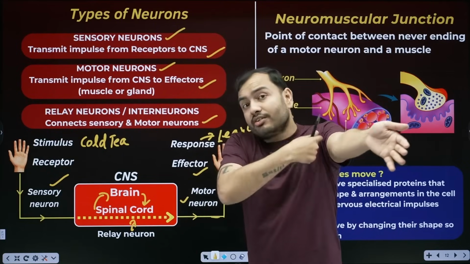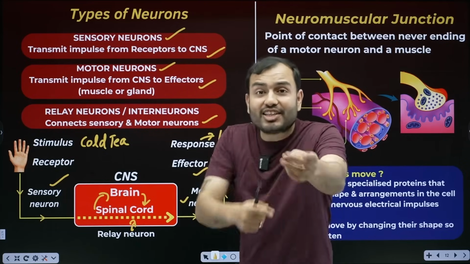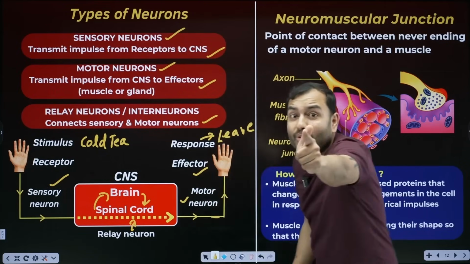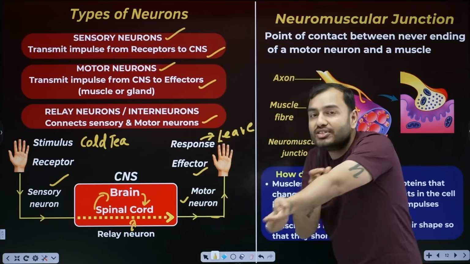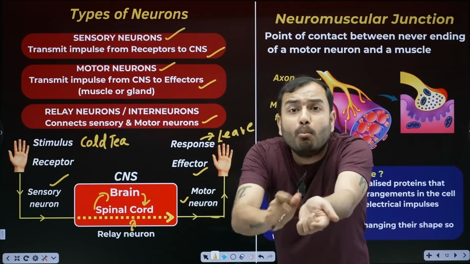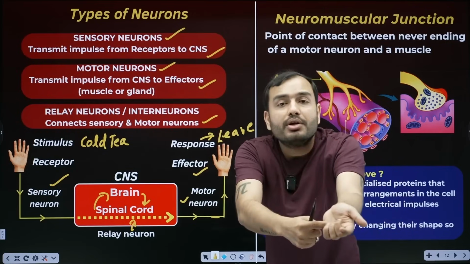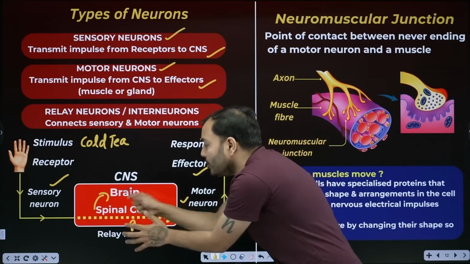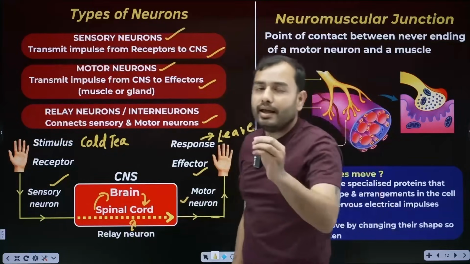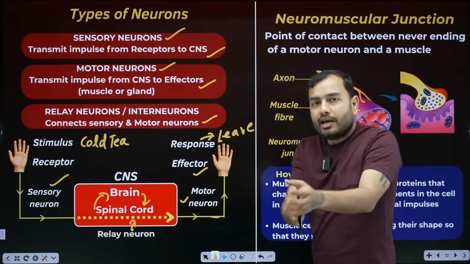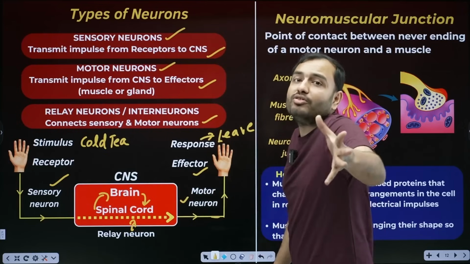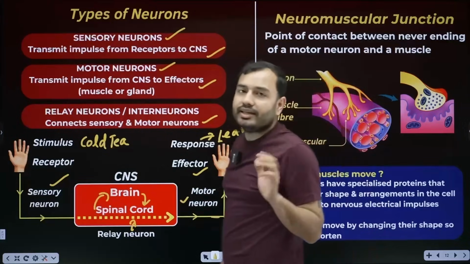Now the information that goes from the central nervous system toward the effector, through which wires will it go? What will we call them? Motor neurons. The neurons it went through are called motor neurons. The ones coming back are motor neurons. And the wires in the middle, what do we call them? Relay neurons. It went to the effector here. Now what will the effector do? Response. What is the response? Drop it, don't drink the cold tea.